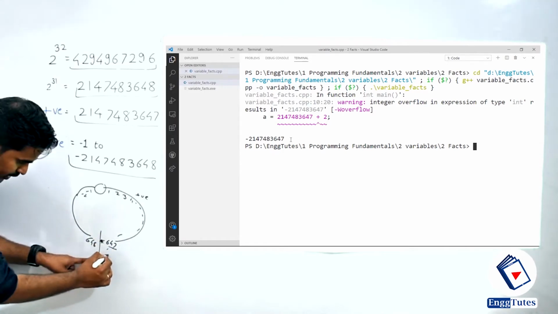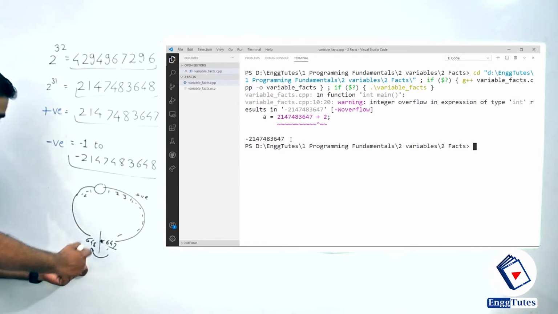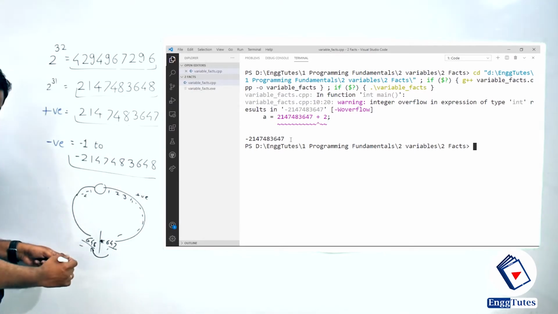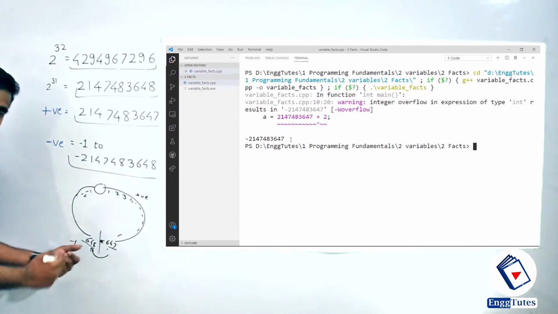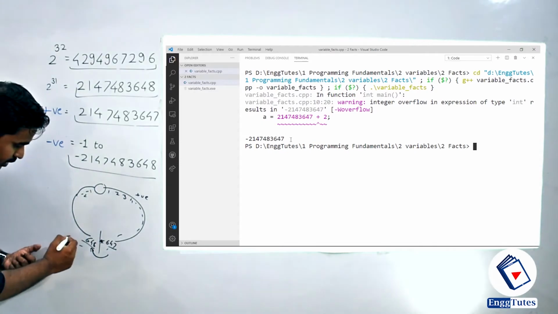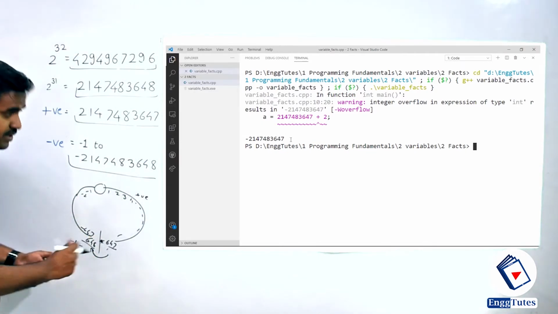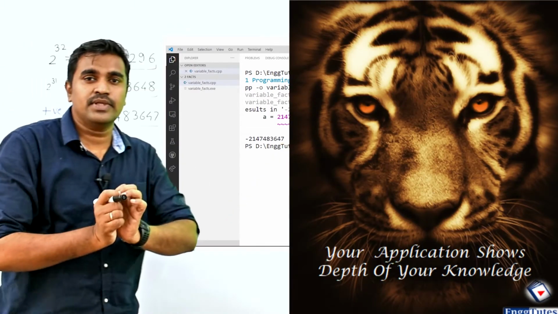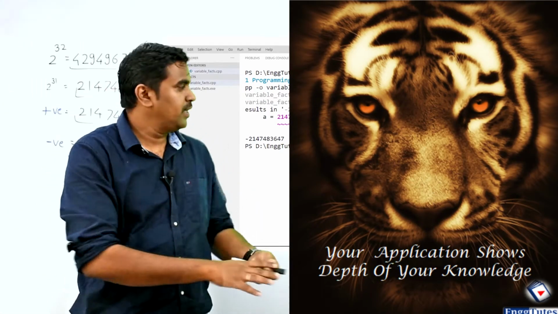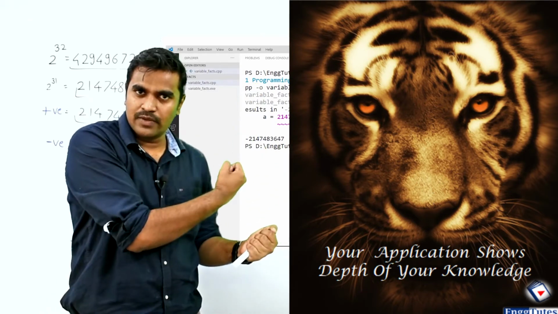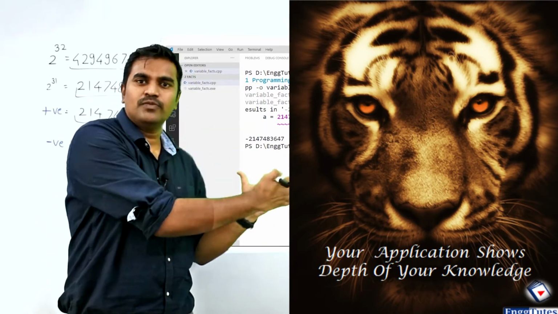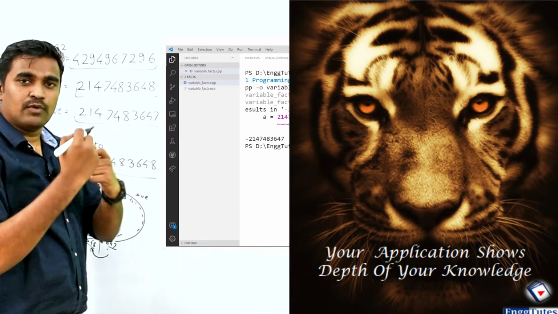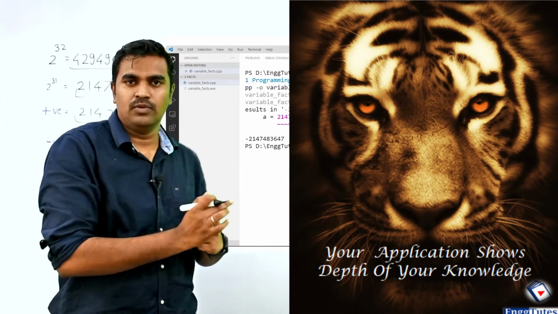Then it moves on the right hand side, that is again left hand side, that is 648, that is nothing but -648, and again one more bit on the left hand side, that is nothing but -647, and this is I got the output. So this is the detailed explanation of how much memory is allocated by the computer to a particular variable, and with the help of this number of bytes, how much is the maximum positive and negative number that we can store into that particular variable.